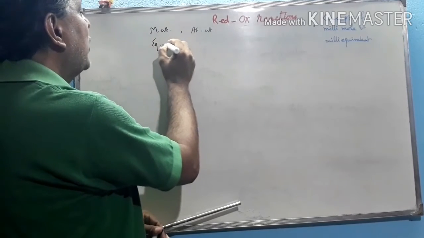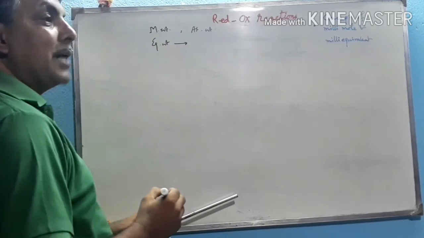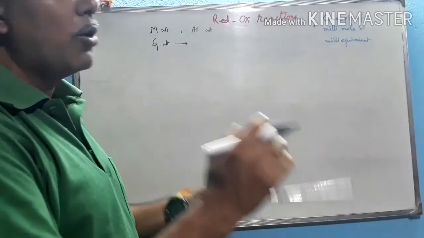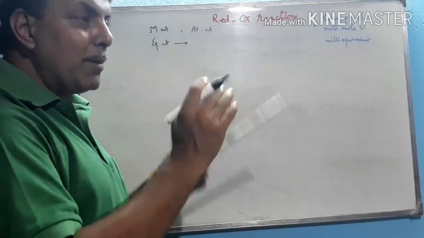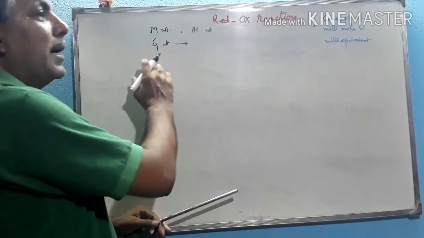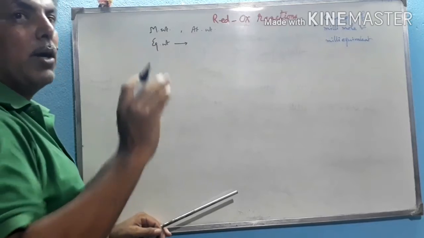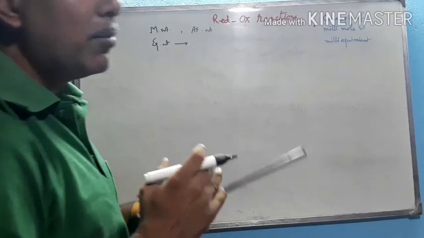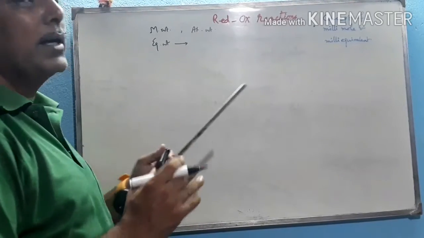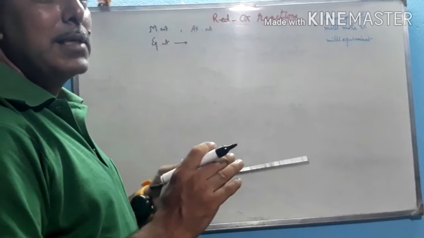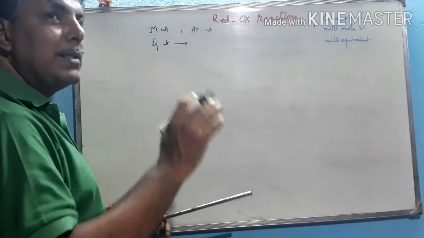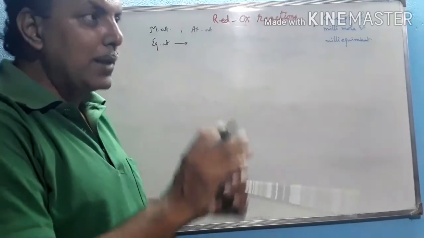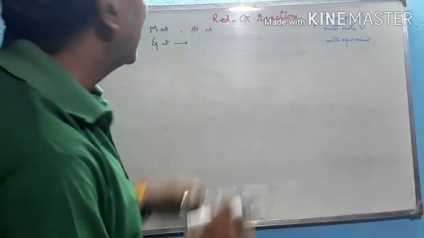Equivalent weight is the amount of substance which comes into the reaction when it is combined with other atoms, or from which it is derived. So equivalent weight is completely related to the chemical reactivity of the atom, not to the simple molecular weight or atomic weight. That's why, instead of molecular weight or atomic weight, we use the equivalent weight in calculating or balancing chemical reactions. Without balancing a reaction, only by finding the equivalent weight, we can find out how much of a particular substance can be oxidized or reduced in such redox reactions.